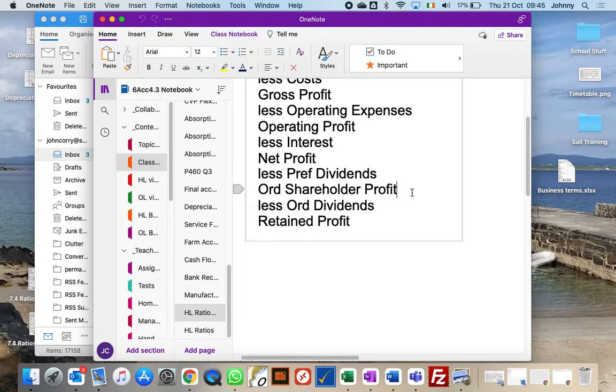Now, put the two of them together. What does it mean about the strategy that the directors of the business have about the way the business is being run? So they've earned 21 cents for every share that's invested in the business. We're paying out 7 cents. So what's happening to the missing 14? It's going into the business, been retained.